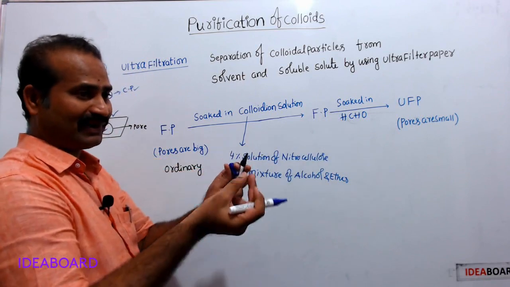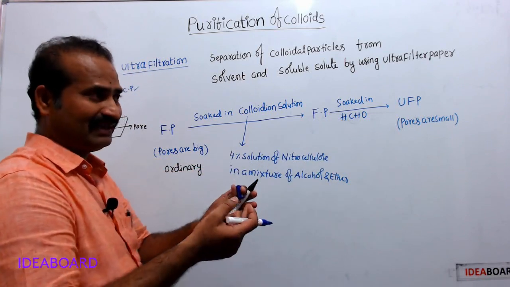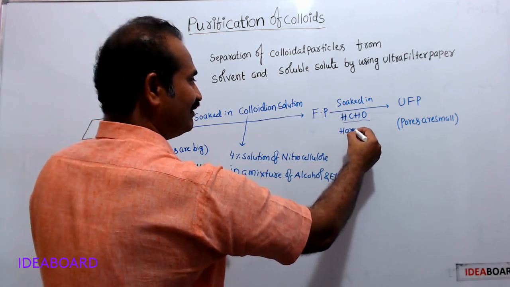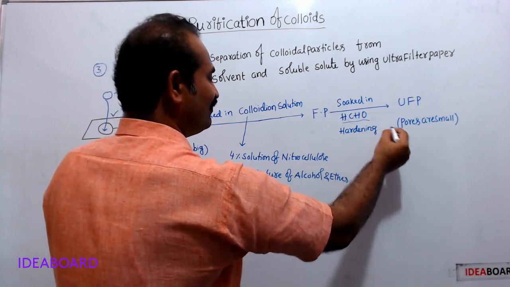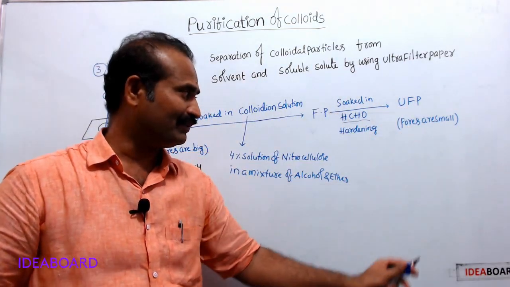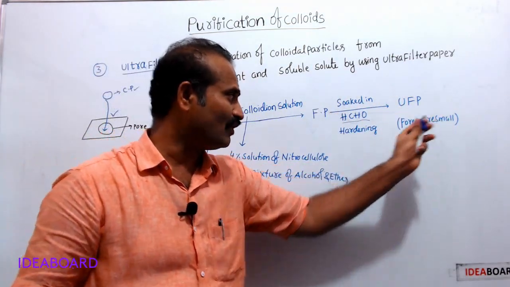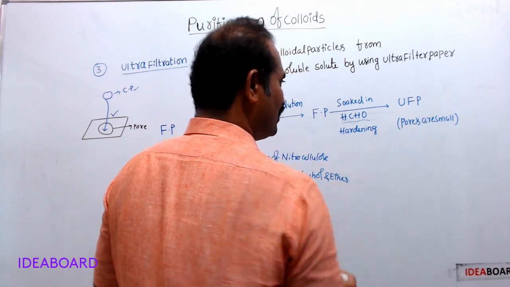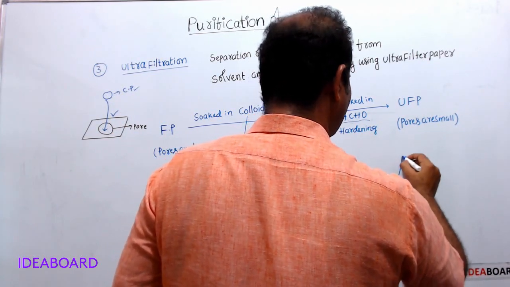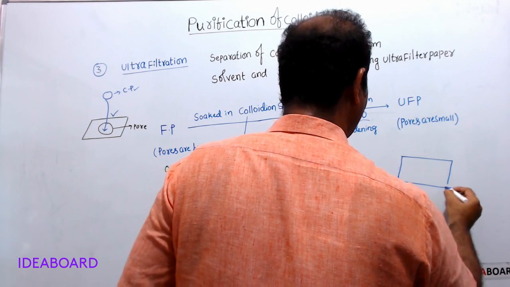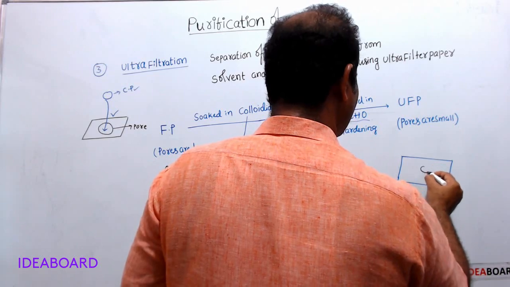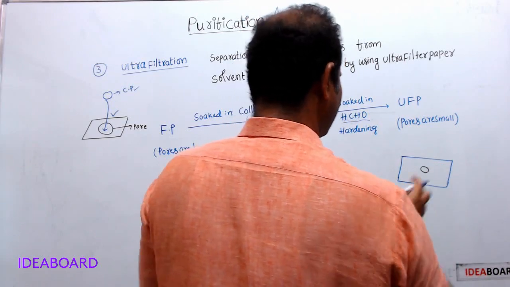In this step, the filter paper is hardened a little by passing through formaldehyde. Therefore, after these two steps, ordinary filter paper turns into ultrafilter paper. In ultrafilter paper, pores are small. The pores are like this. Okay, colloidal particle,